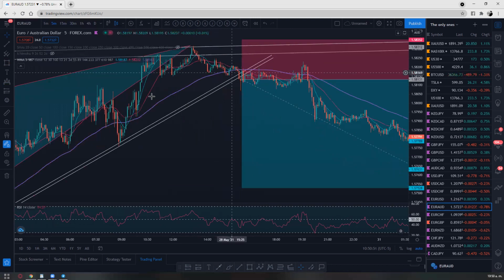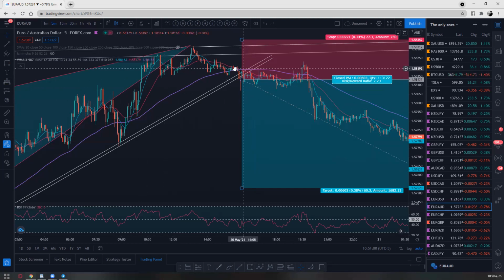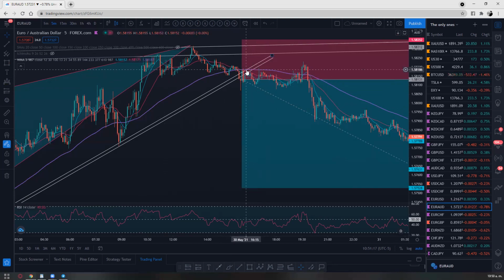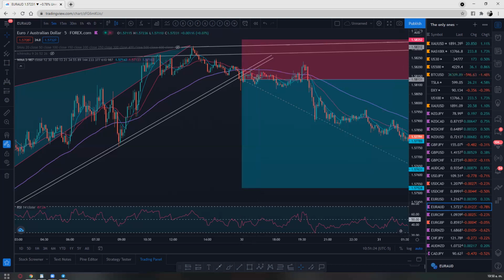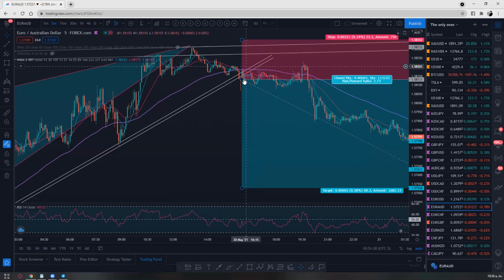what do you see here? Usually, this indicator works this way. When the blue, which is the 12, is above the 30, we're looking for buys, and of course the 100 is also below, so the trend is stronger. And when they cross over like here, look, the price now is starting to come down, and now the blue line is below the 30, and even the 100 is also above. So it's stronger. Basically, everything, the RSI and this indicator, is telling me also to sell. The price action is also telling me to sell.